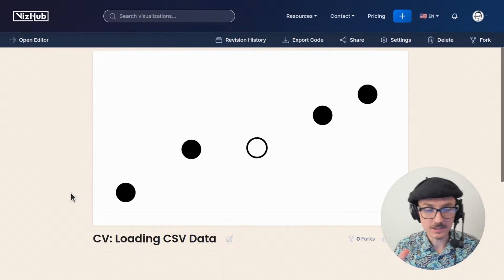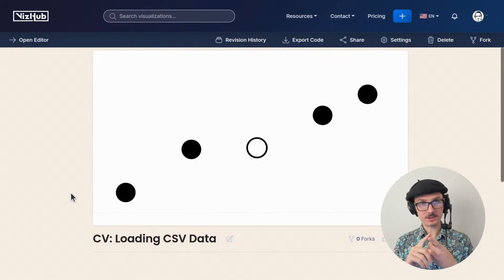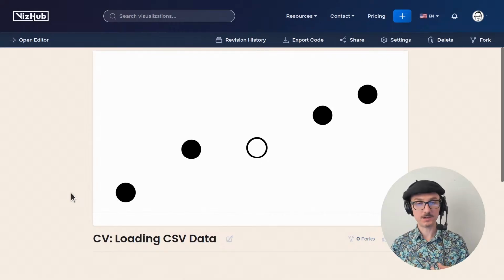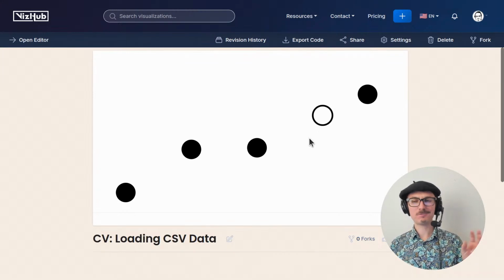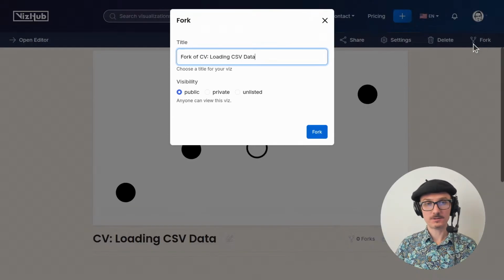Now that we have this loading CSV data example that loads from CSV, renders some circles with React and D3, and also has this clickable feature, which we can throw away. It was just to test the idea of state. But now that we have all these ingredients, we can make an actual scatter plot. Let's do that. I'll start by forking this, and I'll call it CSV